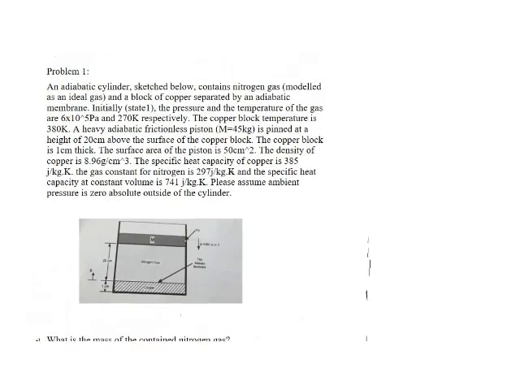Let's start with the above two first. Now to calculate the mass of the nitrogen gas, we already know that the gas is modeled as an ideal gas, so we can use the ideal gas equation, which says the product of pressure and volume is equal to the product of the mass, gas constant, and temperature. From the formula we can make the mass the subject, and it will equal PV over